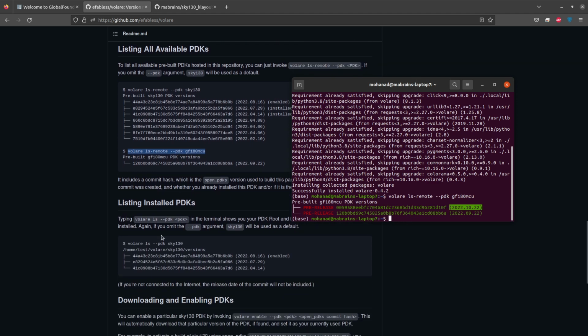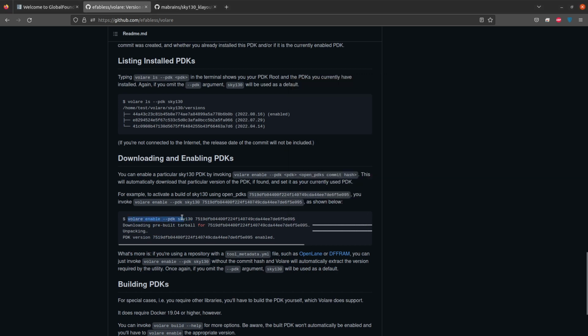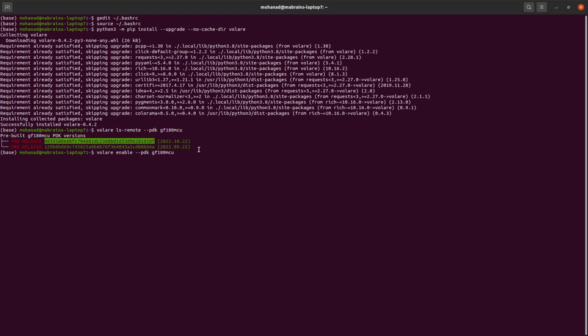So to install it, simply we can use this command, volare enable --pdk. We will replace sky130 with gf180mcu. Sorry, 130. Okay. So gf180mcu. Select this hash or commit ID, then press enter. As you see here, this will be installed,